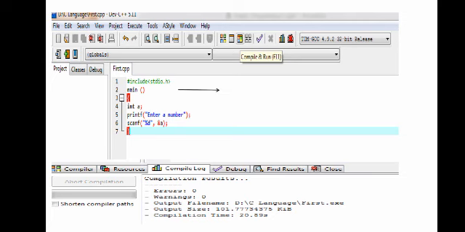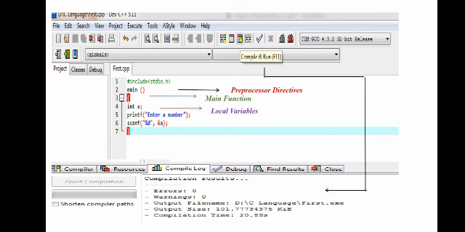Int a, where int and a form the local declaration. First of all, hash include stdio.h is the preprocessor directive. Then after the preprocessor directive comes main, and then the brackets, that is the main function. Then int a is a local variable, and printf and scanf are the statements.